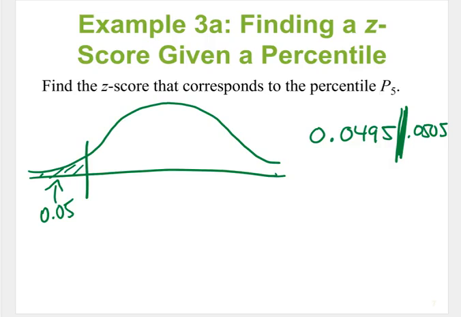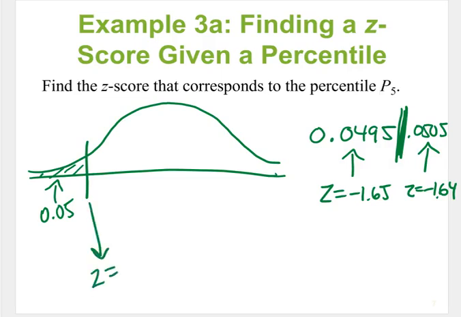So the 0.945, this one has a z-score of negative 1.65, and the 0.0505 has a z-score of negative 1.64. So you're just going to take the mean of those two scores. So our z that we are going to look for is negative